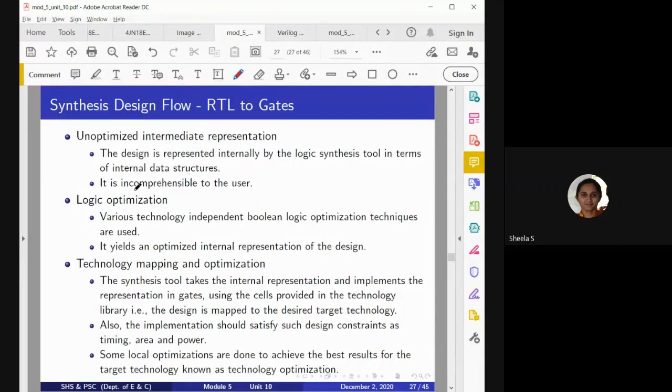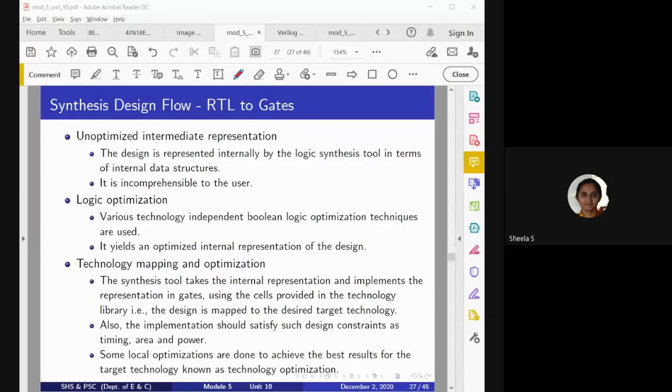And the user cannot understand this. Because when we write a behavioral architecture, for example, let us consider a priority encoder. When we consider a priority encoder, we mention that if the MSB has been given the highest priority, then according to that, the output should be equal to 111. Like this we had taken, isn't it?